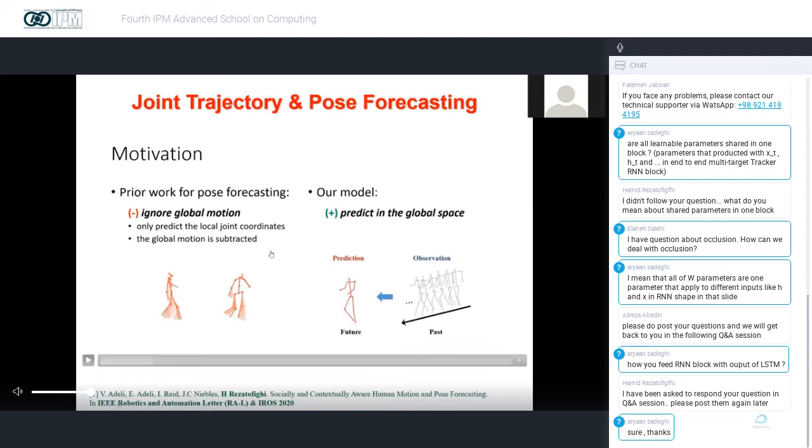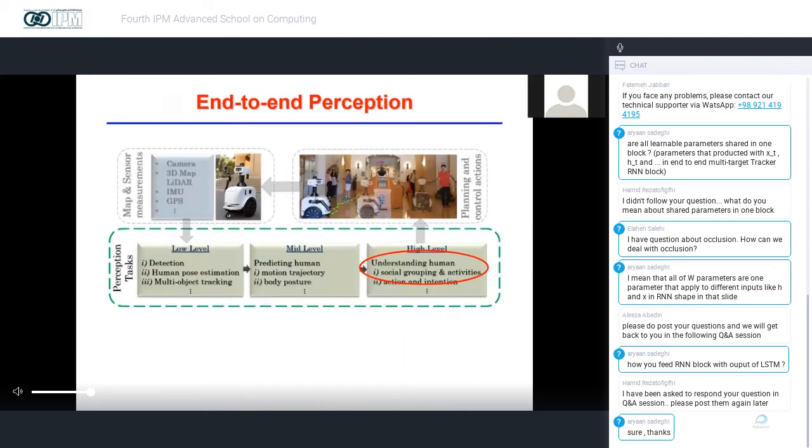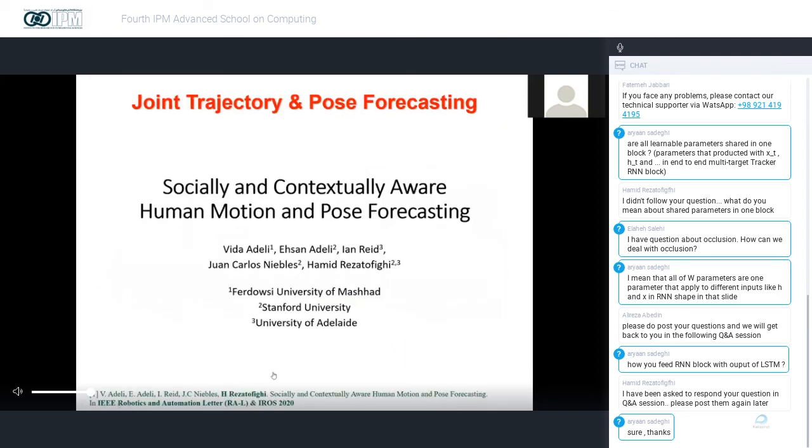So one of the contributions in this paper is to model and predict the global motion and joint pose forecasting together. Another idea in this paper was we use,